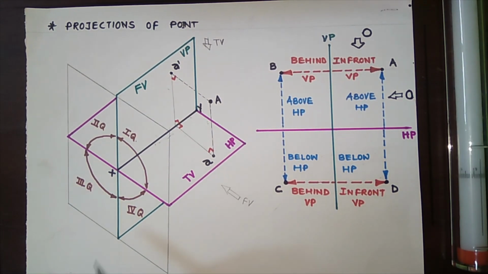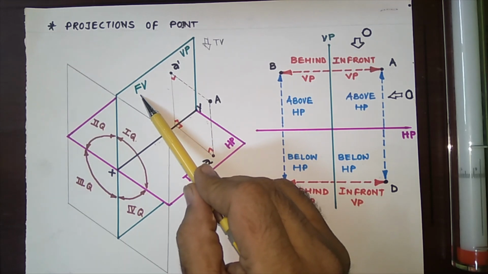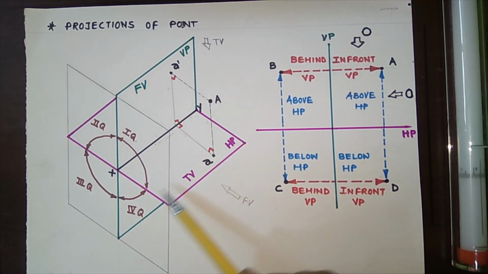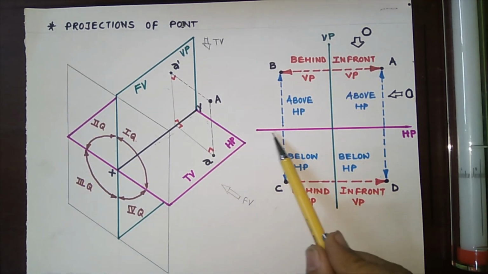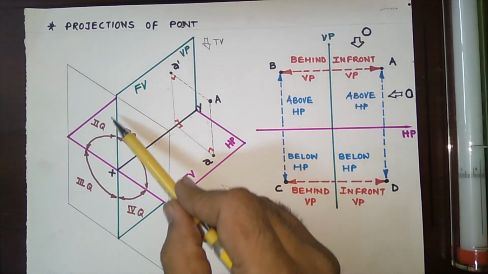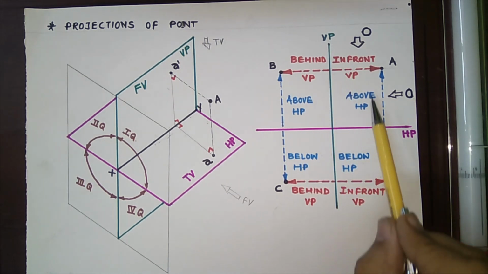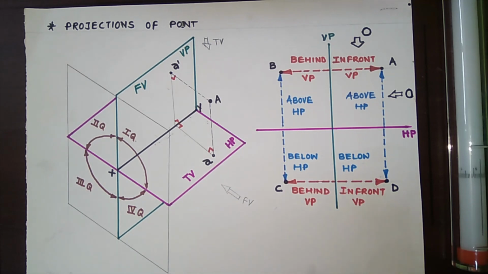Okay. In the last video we have discussed that this is vertical plane, this is horizontal plane. On vertical plane we always draw front view, and on horizontal plane we will always draw top view. Now if I look from this particular side, this horizontal plane will be seen as this line, vertical plane will be seen as this vertical line. So it is very simple. These two lines are dividing the whole space into four quadrants: first, second, third and fourth.